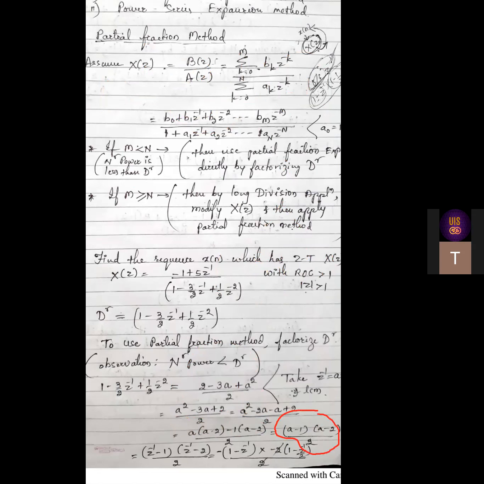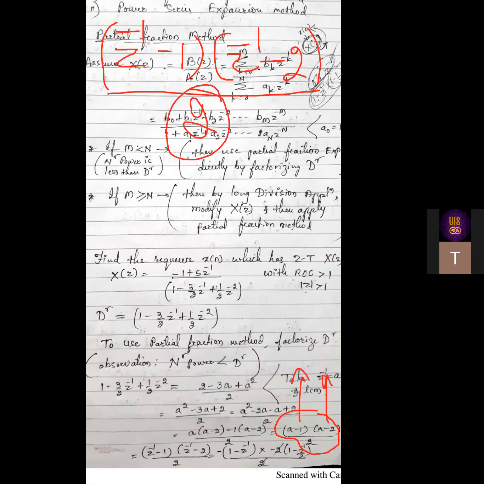So after this, what I'll do, as I had put Z inverse is equal to A, I will put that back, okay, to the original form. I will be having like this. Z inverse minus 1 as the one term, this one. And then second one is Z inverse minus 2 divided by 2. Now I want to remove this 2. And if you remember, all your brackets, when you calculated X of z, they were of the form 1 minus or 1 plus. So 1 should be there. So here it is 2. So just try to remove 2. How will you remove 2?